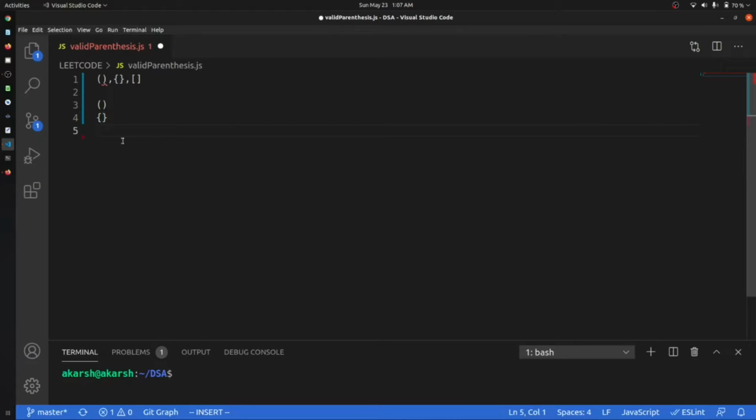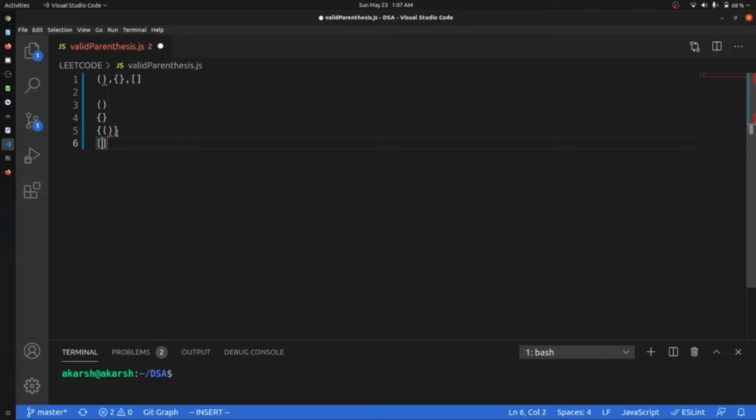In the same way, this is also a valid parenthesis. Why? Because it starts with the same parenthesis and ends with the same parenthesis, and inside that you also have a parenthesis which starts with the same parenthesis and ends with the same parenthesis.